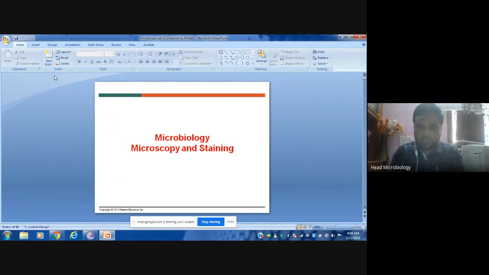Can you tell me what is your resolution without the specs? What is the resolution? Anybody can define what is the resolution? Resolution is the ability to distinguish 2 points clearly. If 2 points are given, these 2 points can be easily differentiated one from another. This is called resolution. A perfect person without any aid, without specs, that is called 6 by 6 vision.